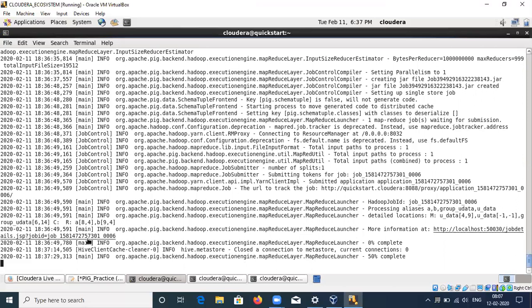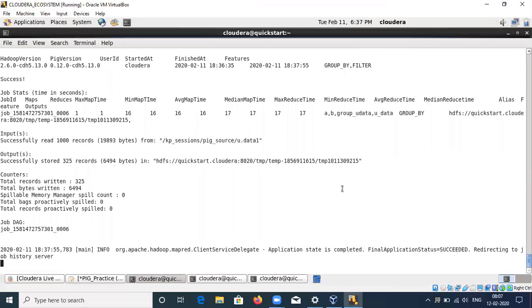You can see the URL to track the job. So this is the job. Let's click on this. What you will see, let's go to that and then,